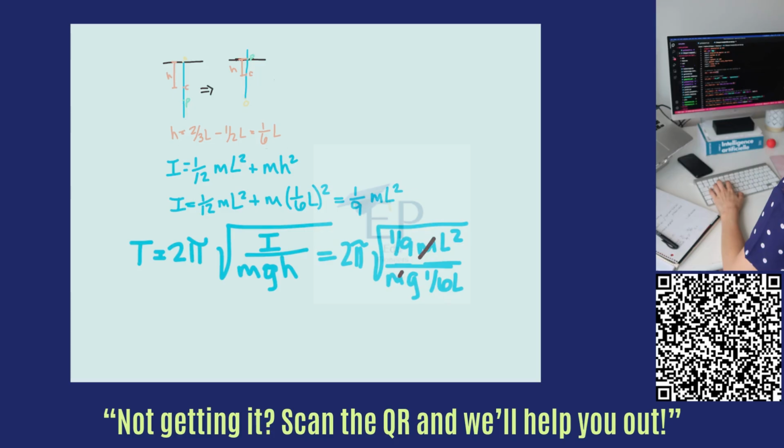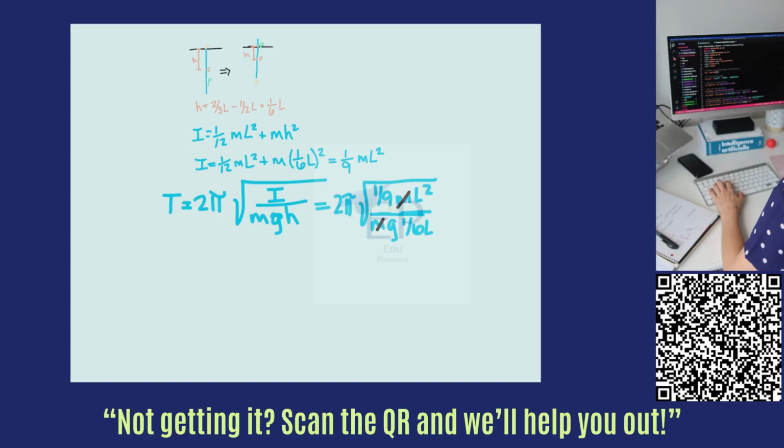The mass will divide out, and we end up getting that our period is equal to 2 pi times the square root of 2L over